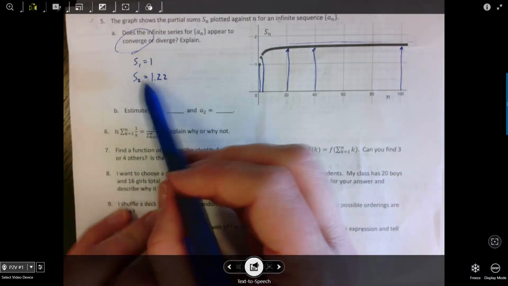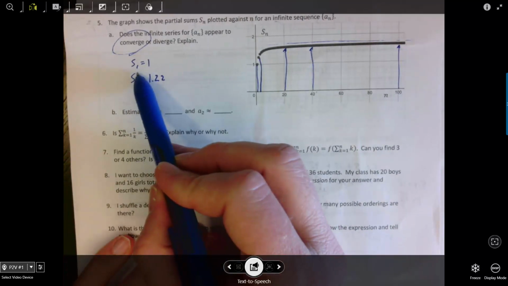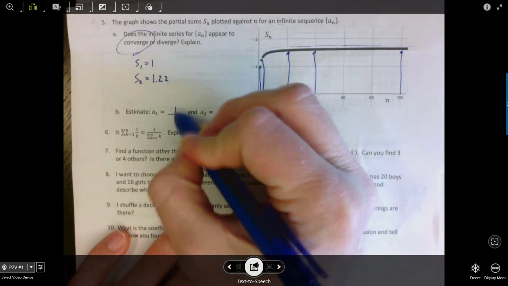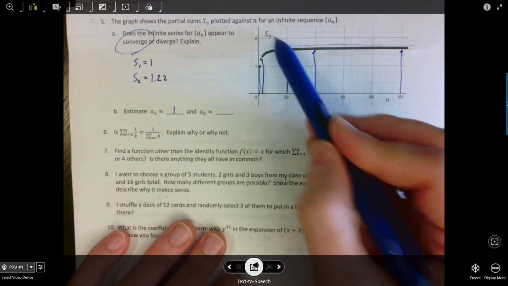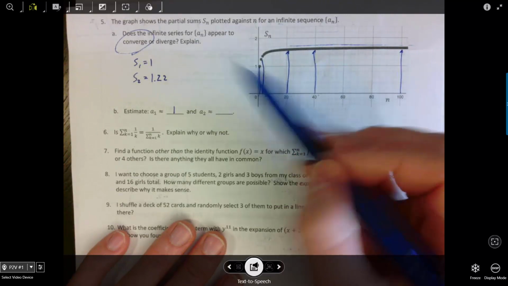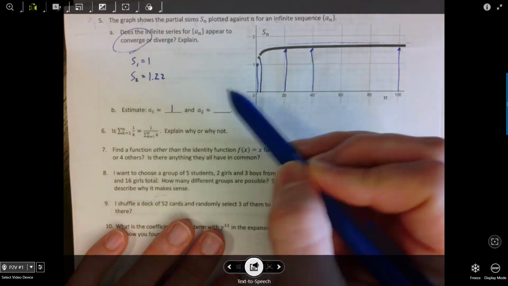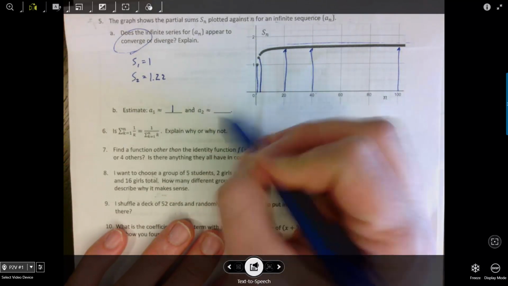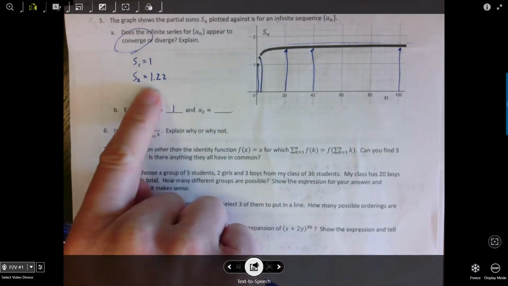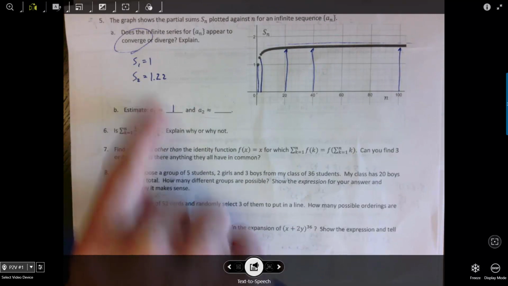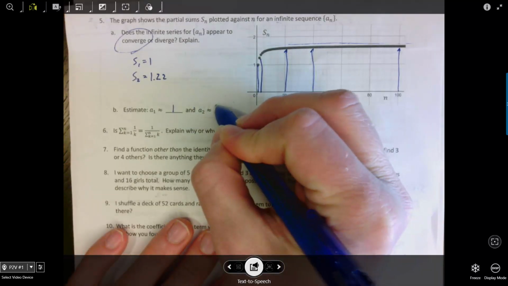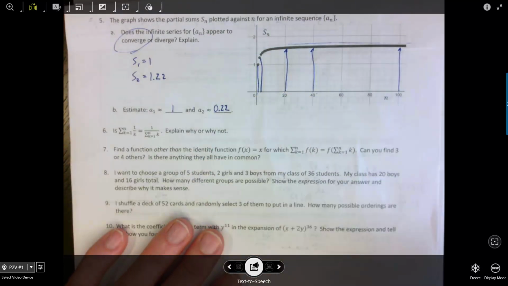So remember, S sub 1 is the sum of the first term in the series. So a sub 1 should just be 1. It should be the same thing as the first partial sum. The second partial sum is the sum of the first 2 terms in the series. So if I want to know what the second term in the series is, I'll take the sum of the first 2 terms, subtract the first term, and I should be left with the second term being just 0.22, which